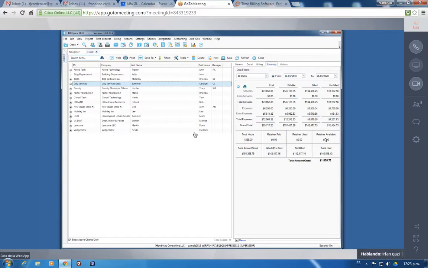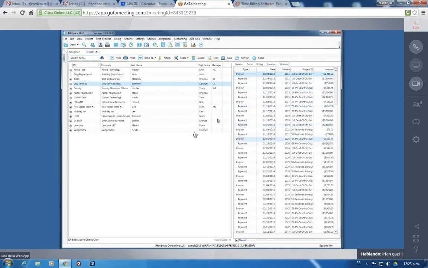Retainer paid, used, and available, total billed, total paid by the client, and what your client owes you right there. And you can see if this was $142,000 billed to the client, and obviously it could have been on different invoices, you will see the history of those invoices and payments on the next screen for that client. And if you want to know exactly what